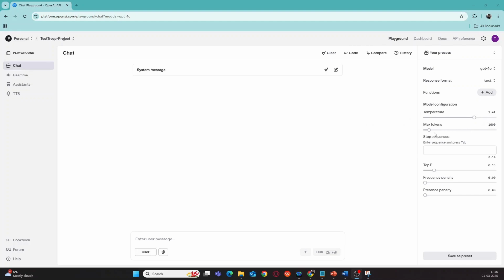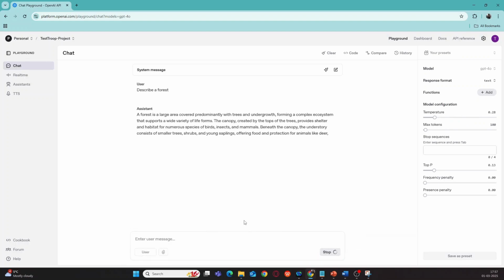Max tokens, as the name indicates, limits the size of the response. So let us keep it as 100 and let us ask a question: describe a forest. It describes the forest within 100 words. Okay, a token is basically, so each of these is a token. For example, A is a token, forest is a token, is is a token, A is a token. So it's basically a subword, right? It's a subword, and if you increase the token limit,